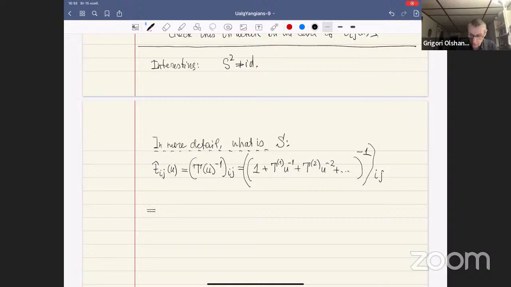And let's rewrite this in more detail. What do we get? We have to take the inverse. So we have to invert this matrix. And how to do it? Okay, this is pretty obvious. So I write it as follows: the summation of this upper index